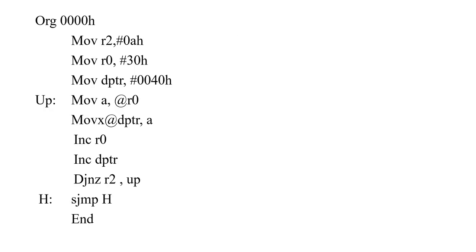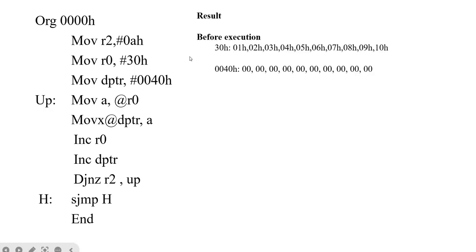Okay, this is the program. Now this is the result before execution. I have changed some data here. At 30H I have stored 01, 02, 03 up to 10. Actually, you have to write this as 0A. Then here